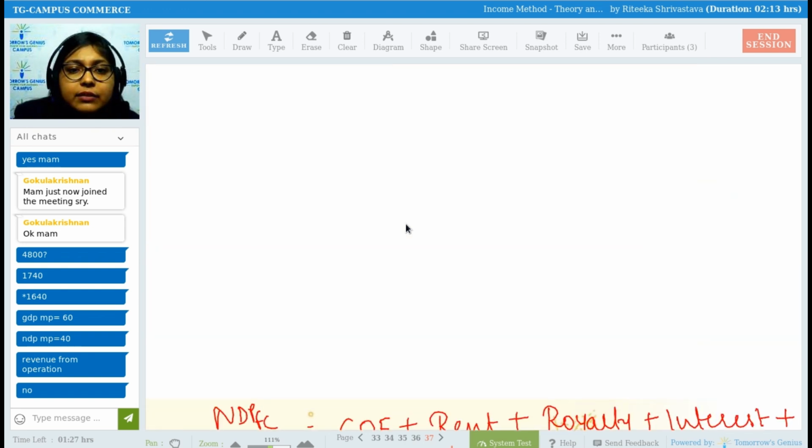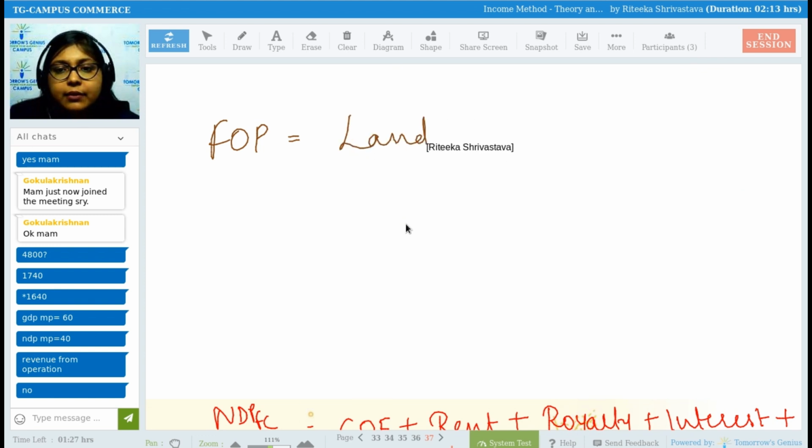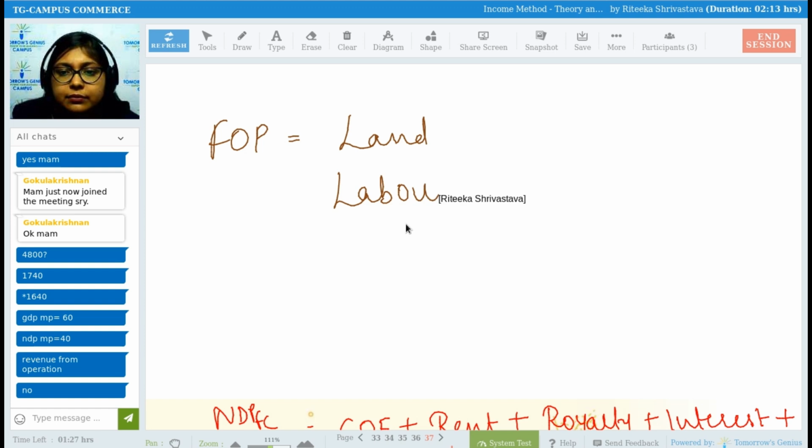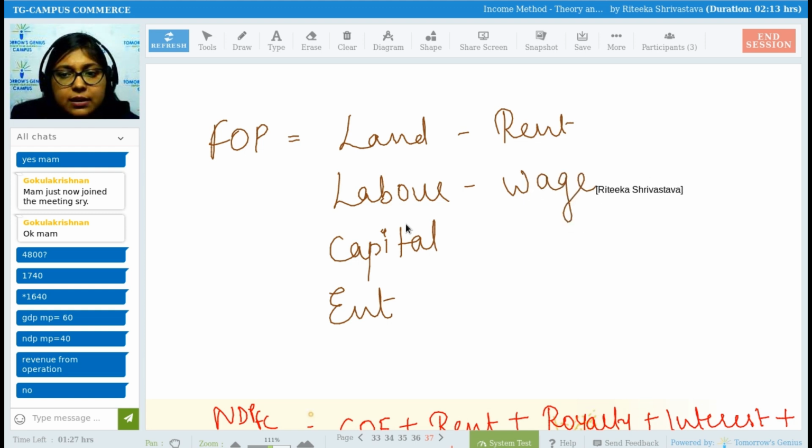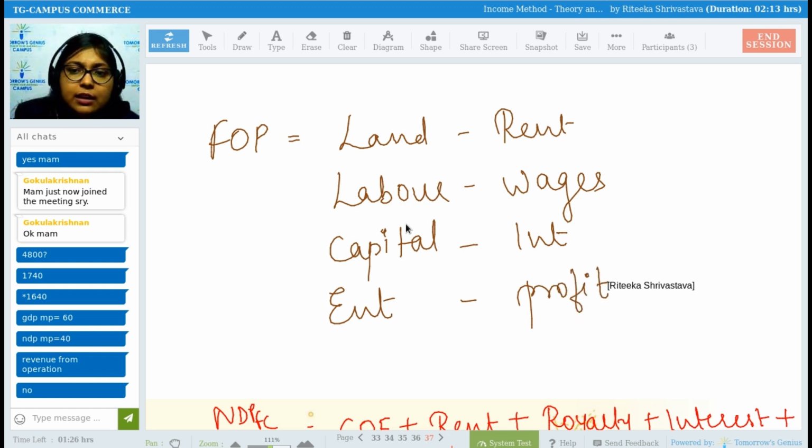So profit, say suppose there are various factors of production used in the organization like land, labor, capital, and entrepreneur. To land we give rent, to labor we give wages, to capital we pay interest, and lastly for entrepreneur we get profit. So say suppose the income generated is